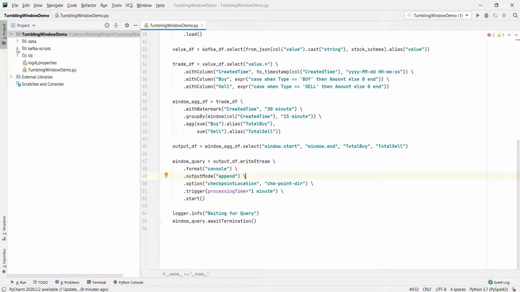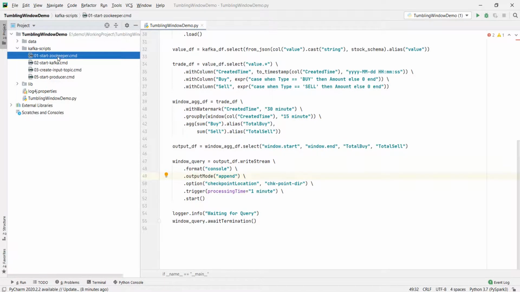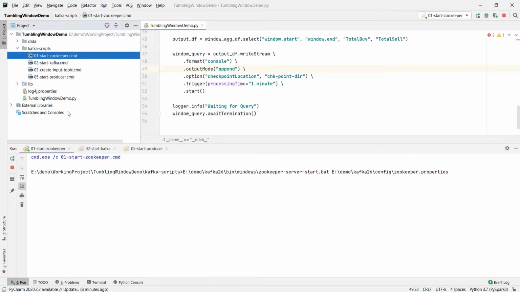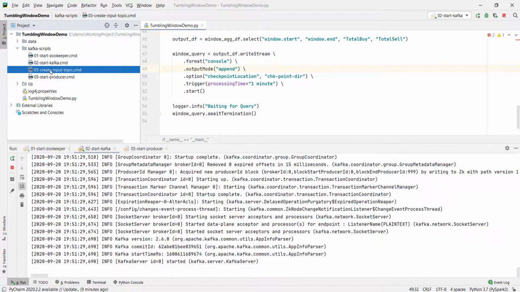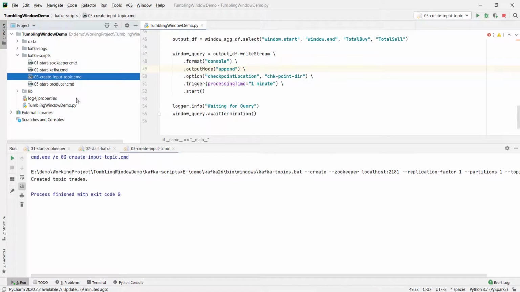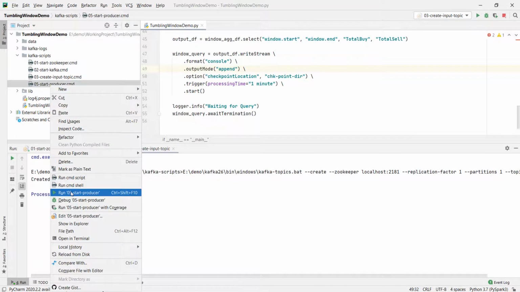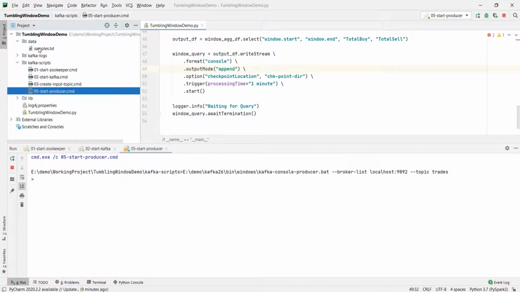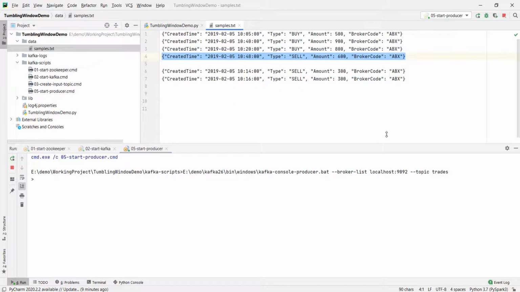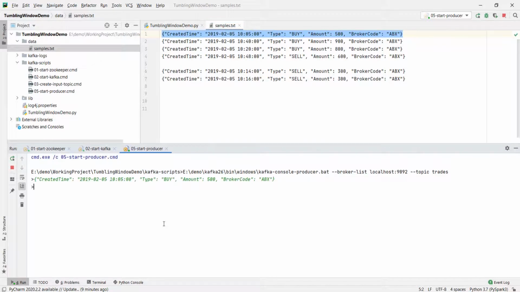Let me start the Kafka server and send the first event. I have sent my first event.